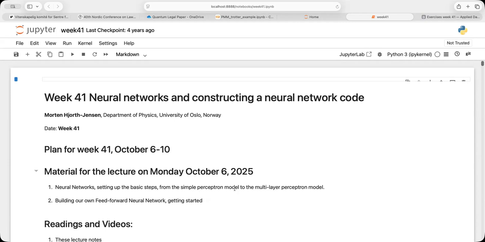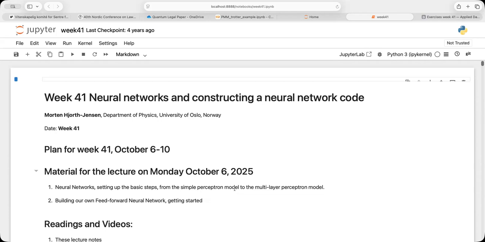And then depending a little bit on how the semester evolves, we may look at autoencoders, which is another deep learning method, and perhaps also say something about unsupervised learning. And perhaps include also decision trees and random forests and so on. But if people are more interested in deep learning, we will just stay with deep learning for the rest of the semester. So the topic today is to step you through how you write your own code